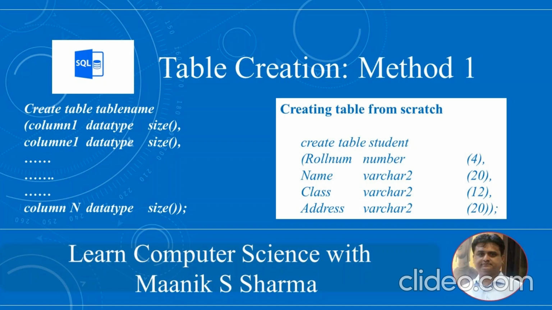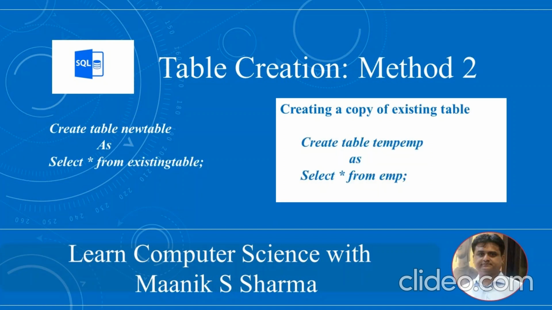Please note that the name of the column is roll_num. As it should be numeric, therefore its data type is NUMBER. Size represents the largest value that can be stored in a roll number. Size 4 indicates that a roll_num can have a value between 0 to 9999.